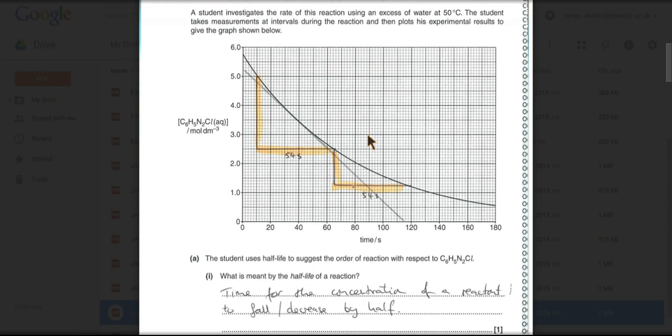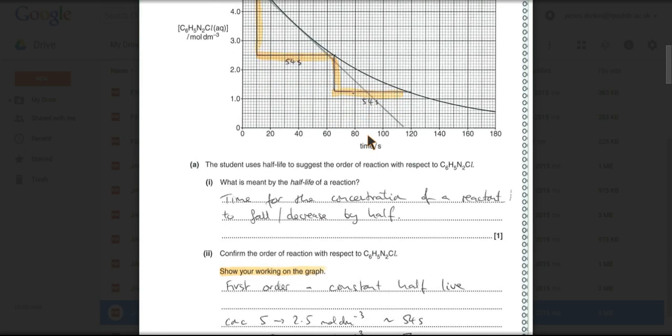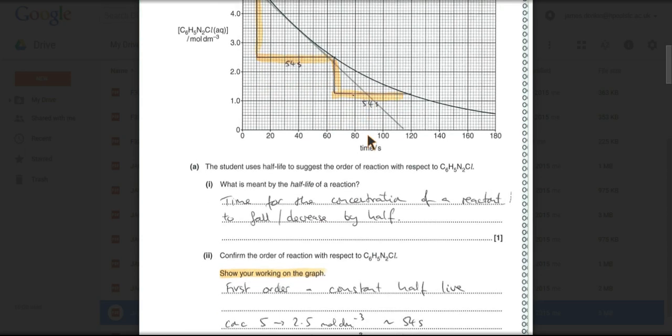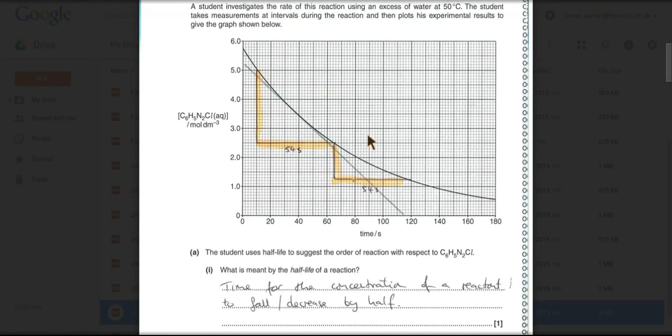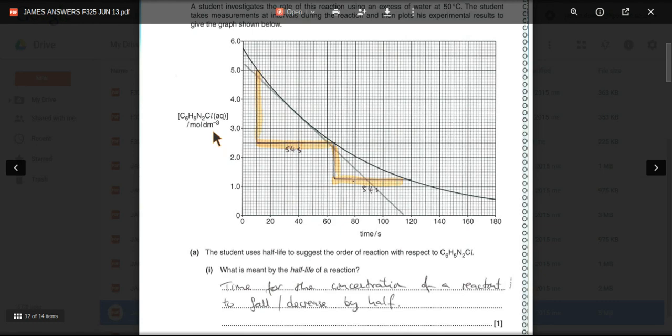And the first part of the question's asking for the definition of half-life. So that's the time for the concentration of a reactant to fall or decrease by half. Confirm the order of reaction with respect to C6H5N2Cl. So what we need to do here, when we've got a graph like this, a concentration time graph,